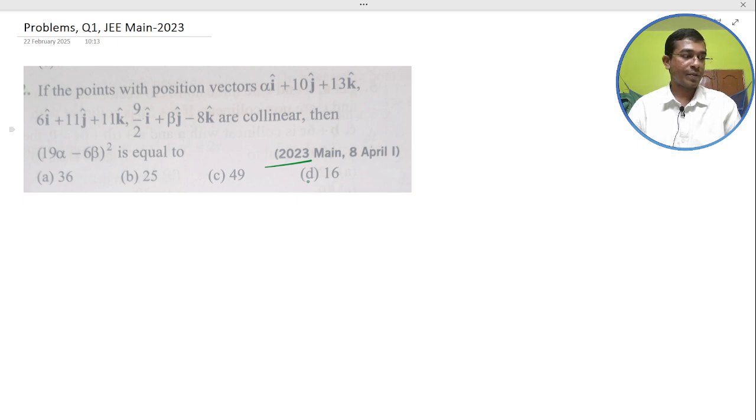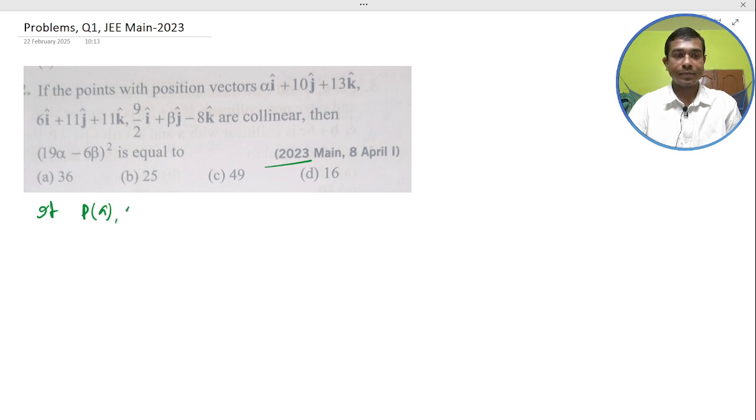Try yourself and give me the feedback of the answers. Here A, B, C are given. Collinear means